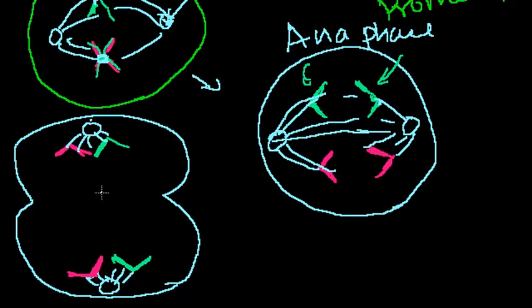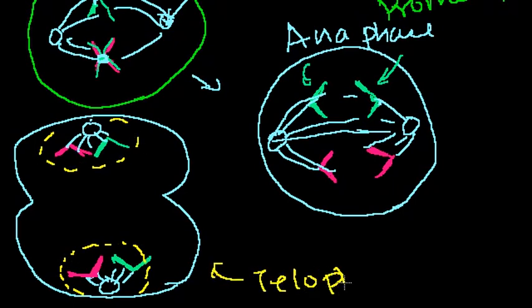And now the nuclear membranes start forming around each of these two ends. So now you start having a nuclear membrane form around each of these two ends. And by the end of telophase, that's what we're in, we will have completed mitosis. We will have completely replicated our 2 original nuclei and all of the genetic content inside of them.